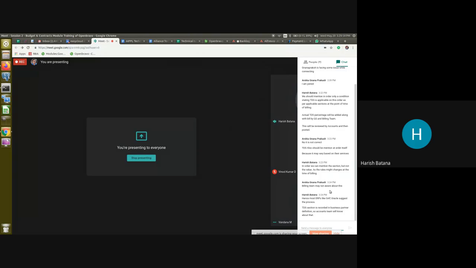But that is not the final document. Whatever they review and confirm, the accounts team will have the right to overwrite it and post it. We will bypass the QS and billing team, because whatever TDS we apply in the order or based on the business partner, it should be evaluated by the accounts team directly.